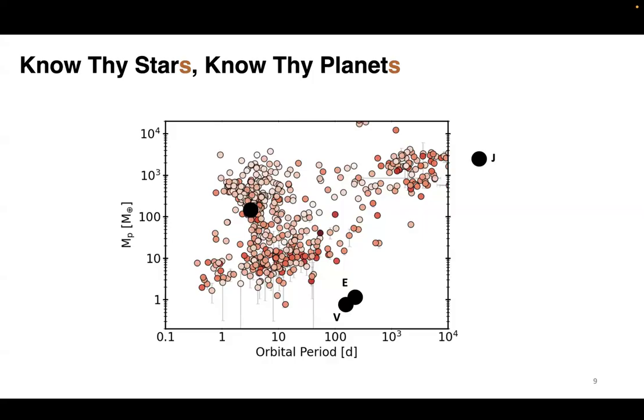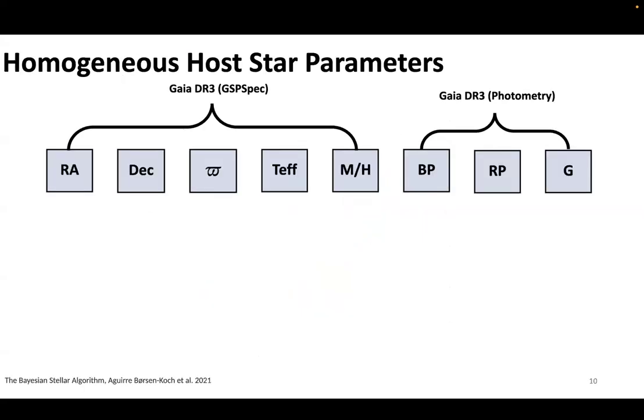In the bottom left corner, you've got some super Earths and sub Neptunes, which I'll talk about a bit more soon. And you've got some colder planets over in the top right as well that we call the cold Jupiters. If you're not familiar with the terms, that's kind of how we divide them up, although people like to argue about the definitions there. And what I set about doing during my PhD is homogenizing the host star parameters of a large sample of these